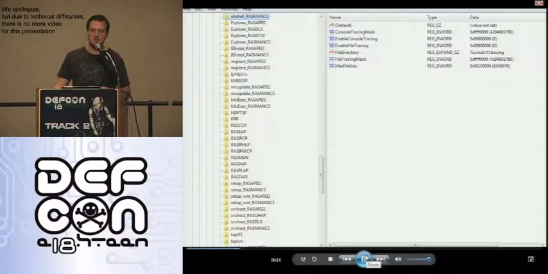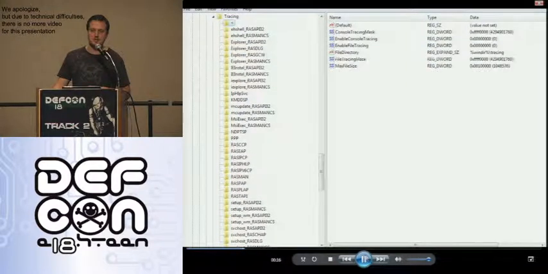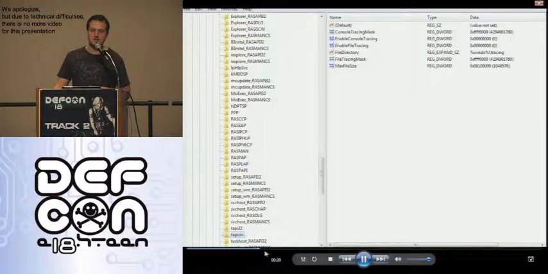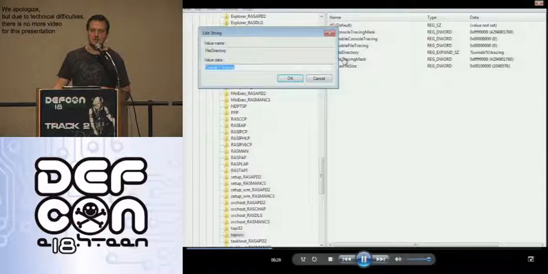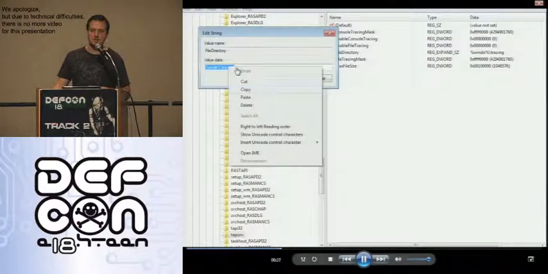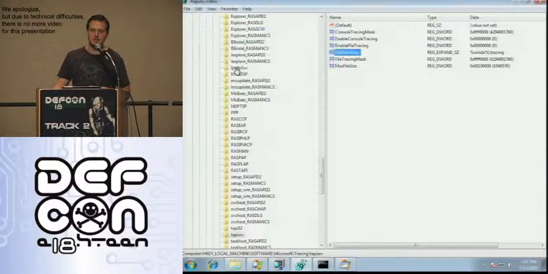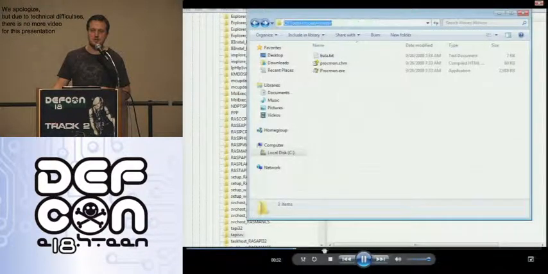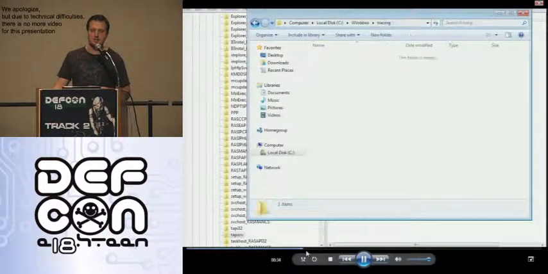Then I started to look at the values of the subkeys, and I found one interesting value called FileDirectory that has a data value of %windir%, the Windows directory. I looked at the directory and it was empty. You can see there is nothing there.